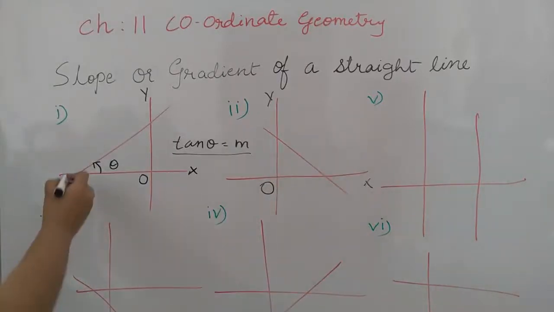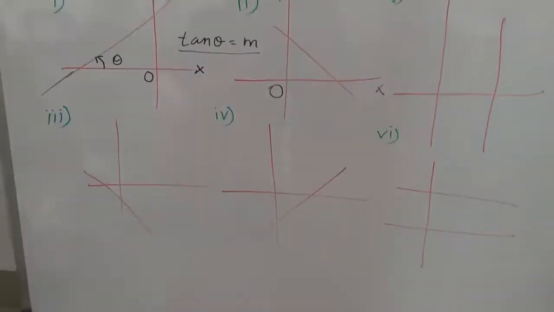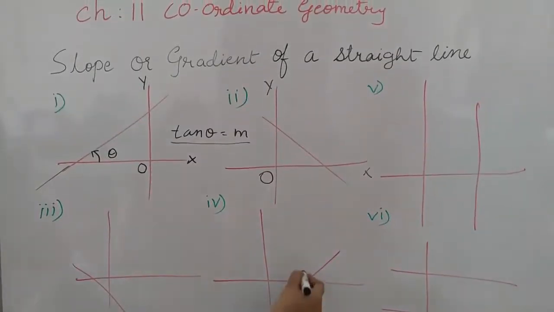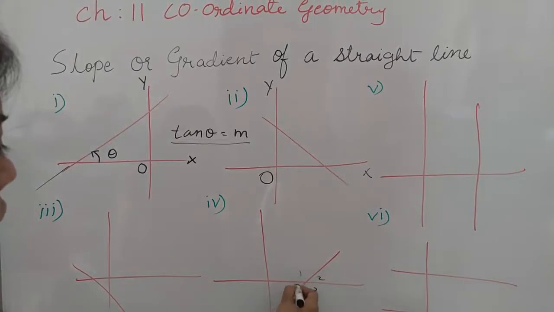Actually, you might have some doubts that there are different angles formed here. So which is the angle actually? See, in case number 4, many angles are formed. Like here is one angle, this is second, this is fourth, and 5, 6, 7, 8. So in total there are 8 angles, but with the x-axis there are 4 angles. But you might have difficulty in knowing which angle with x we have to consider for the slope.